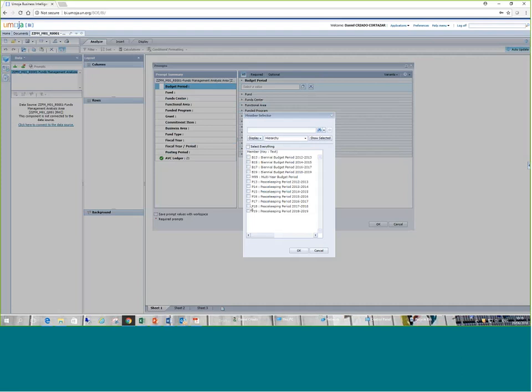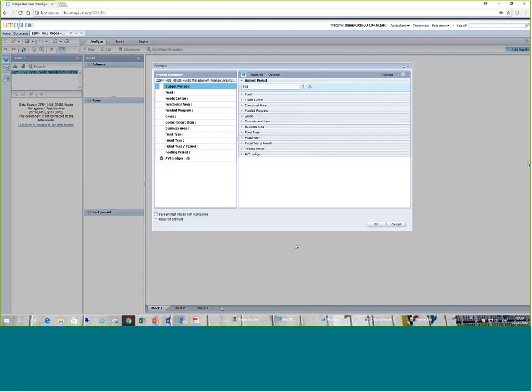So in our case, we have to select P18, right? P18 peacekeeping period 2017-18. So we tick here and we click on OK. So that's there, P18. I can always remove P18 if I want to change, or I can always type here, you see, P18,